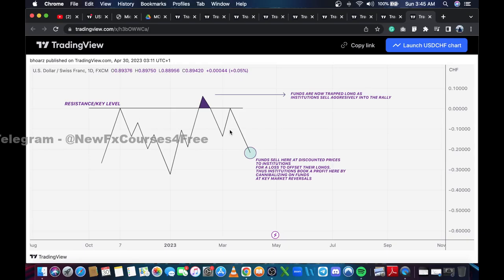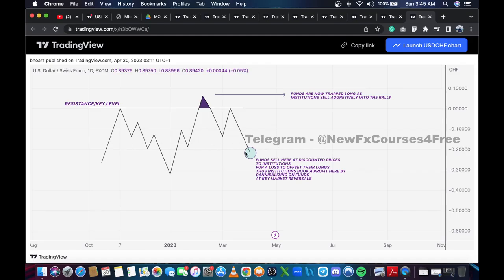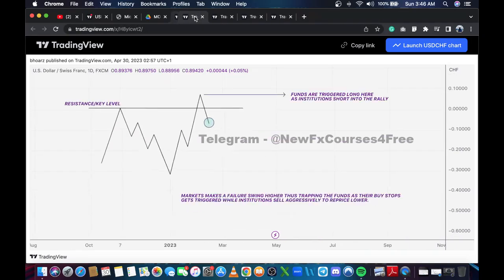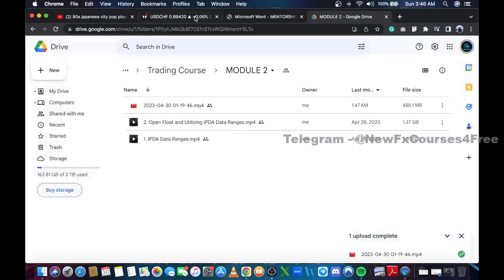But we can also decipher it by understanding our key higher time frame levels. The funds will go into the marketplace and offset their positions at a loss. And who are they offsetting their positions to? Back to the institutions, who will then buy back from them at a cheaper price. And that's how you get your failure swing. So we're going to see all of this in the price action. To recap